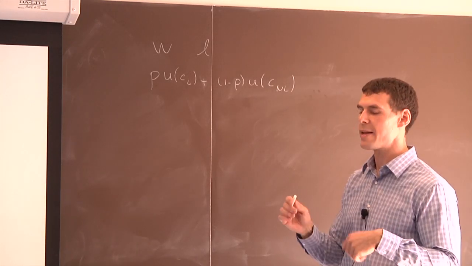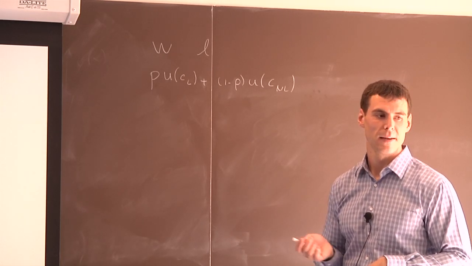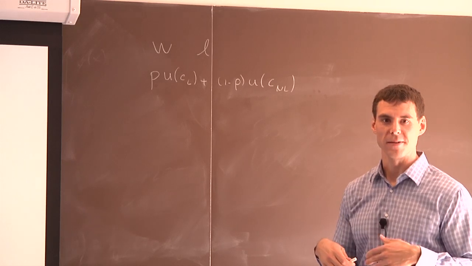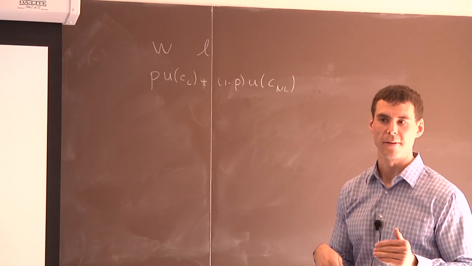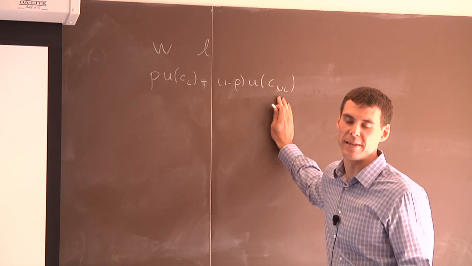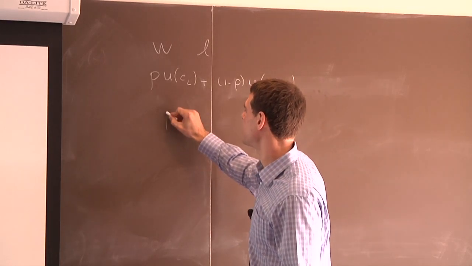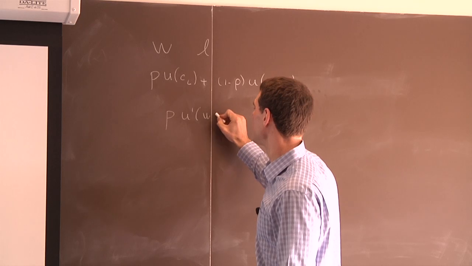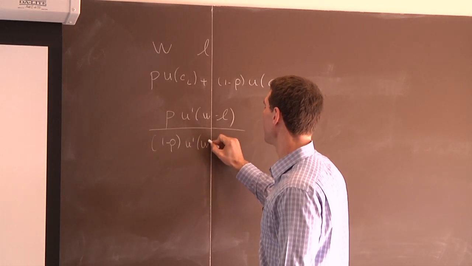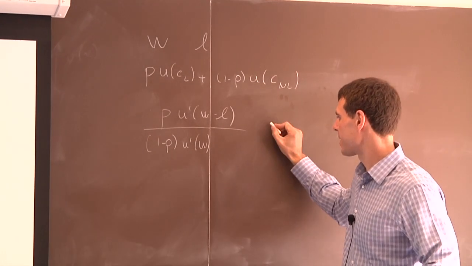So just try to move money between the event that the loss doesn't happen and the event that the loss does happen. The willingness to pay for somebody to move money across states of the world is given by their marginal rate of substitution between those two states of the world. Okay? So what's the marginal rate of substitution for somebody in this environment between consumption in the event of no loss and consumption in the event of a loss, evaluated at an endowment? It's just going to be p times U prime of W minus L over 1 minus p times U prime of W, right? This is their willingness to pay for transferring resources across the states of the world.